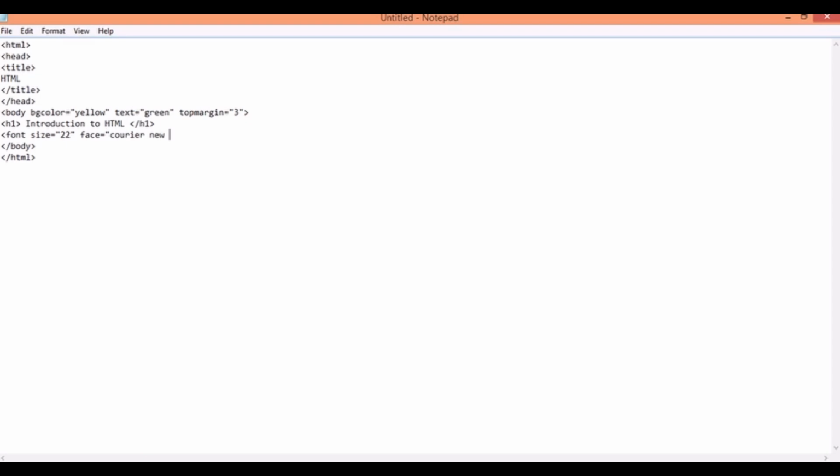And you have the color attribute, which is going to change the color of the text. So let me set the color as red, and since font is again a container tag, we are going to close it.